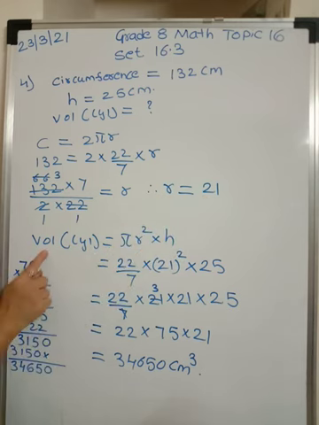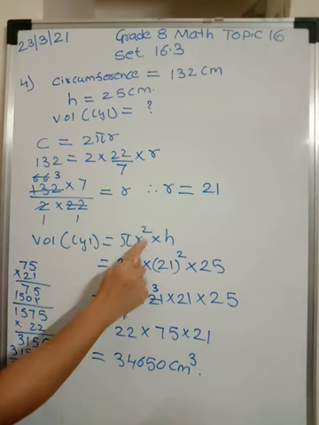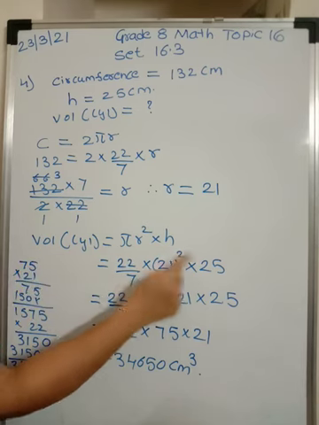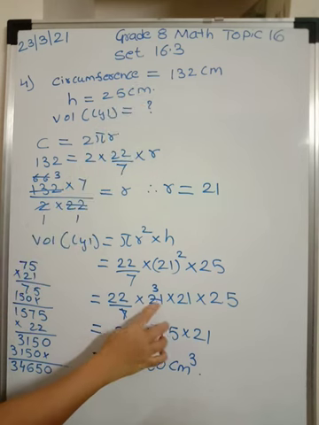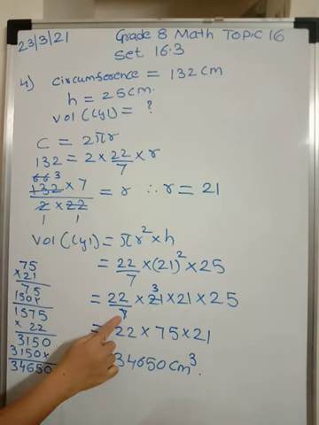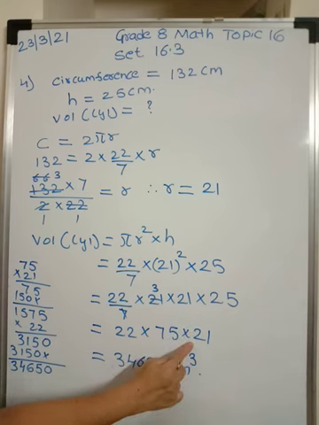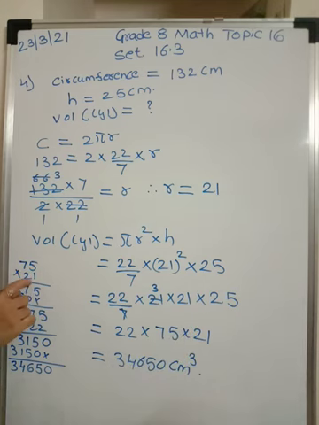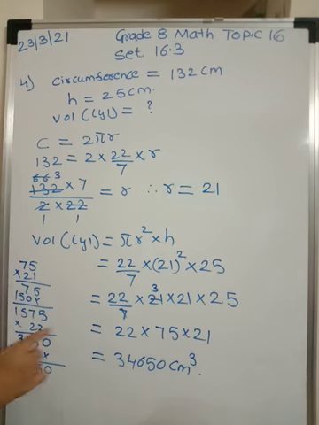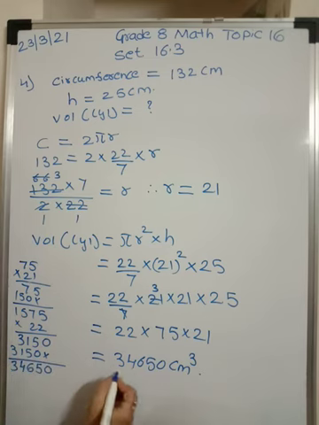Now you substitute. Pi r square into h is volume of cylinder. Pi is 22 by 7, radius square, 21 square into height is 25. So 21 into 21 square means 7 ones are, 7 threes are. So we are left with 22. 3 into 25 is 75 and this 21 as it is. So first I have multiplied 75 into 21. I got 1575 and then I have multiplied it with 22. Then I got 34,650. So 34,650 centimeter cube, or you can write it as